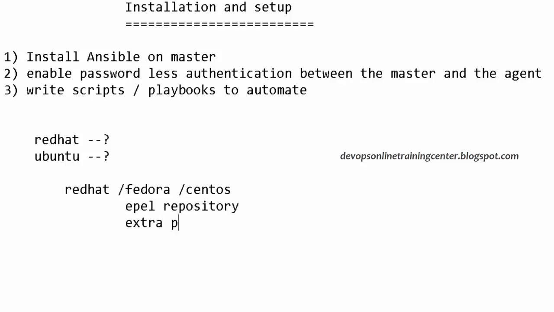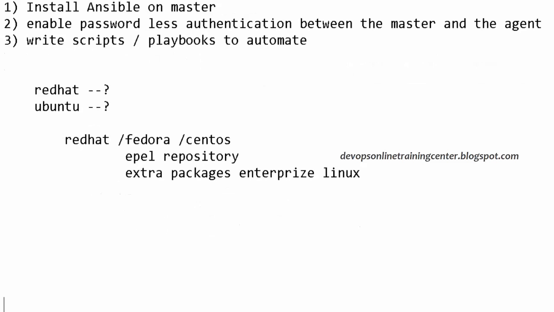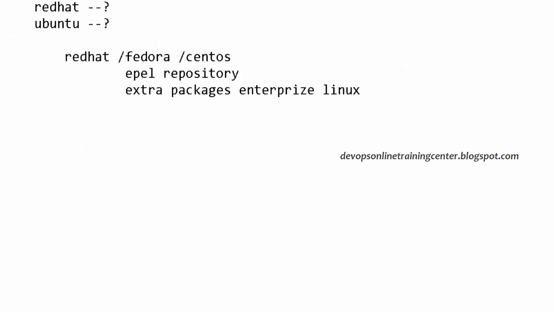This is something like Extra Packages for Enterprise Linux, right? So this is the repository where we can get the packages. If we have this repository on the machine, most of the open source software we can install using this. So this we have to configure on the machine.